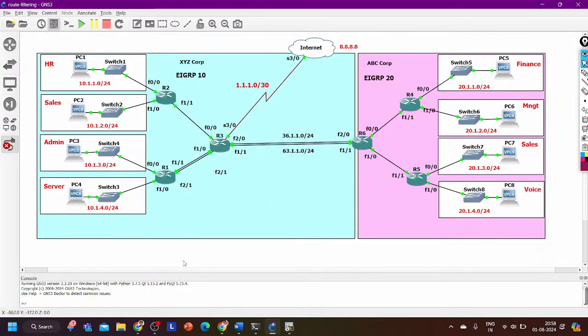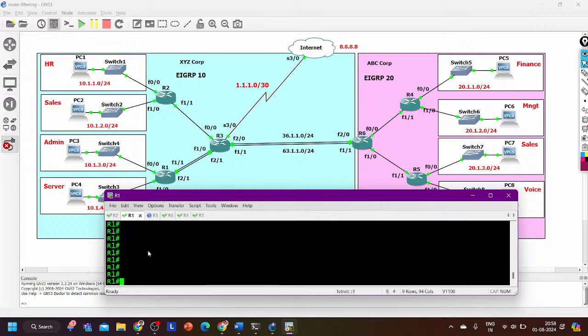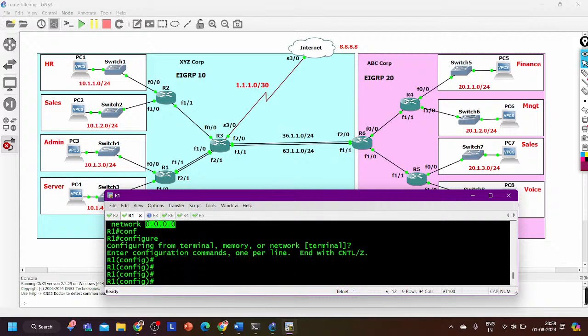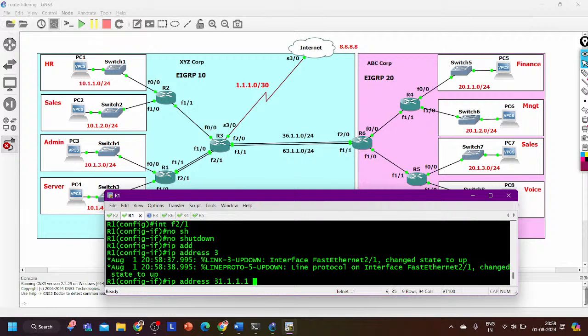On the lower link, I am going to, let's suppose, use subnet 31. So on router number 1, let me configure the IP on R1. Run section EIGRP. I am running the network 0.0.0.0 command, so I only need to configure the IP and it will automatically enable EIGRP. So interface F2/1, no shut, and IP address 31.1.1.1